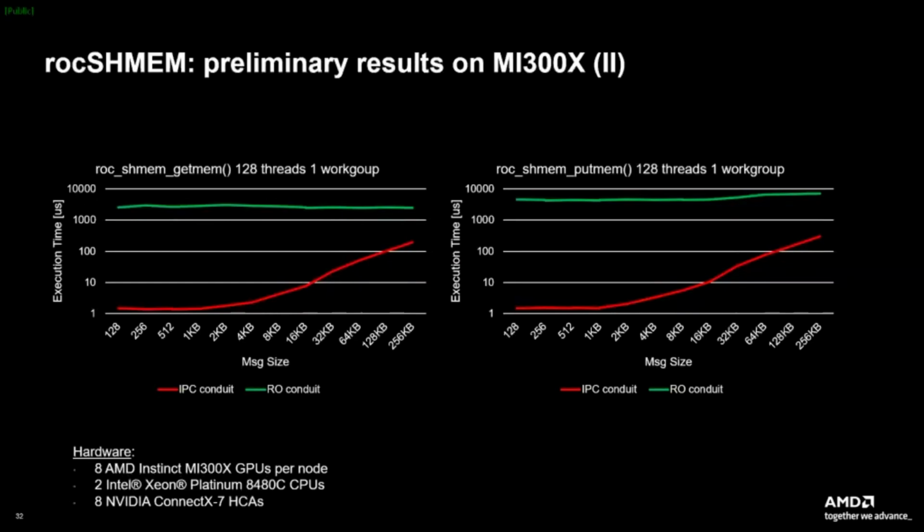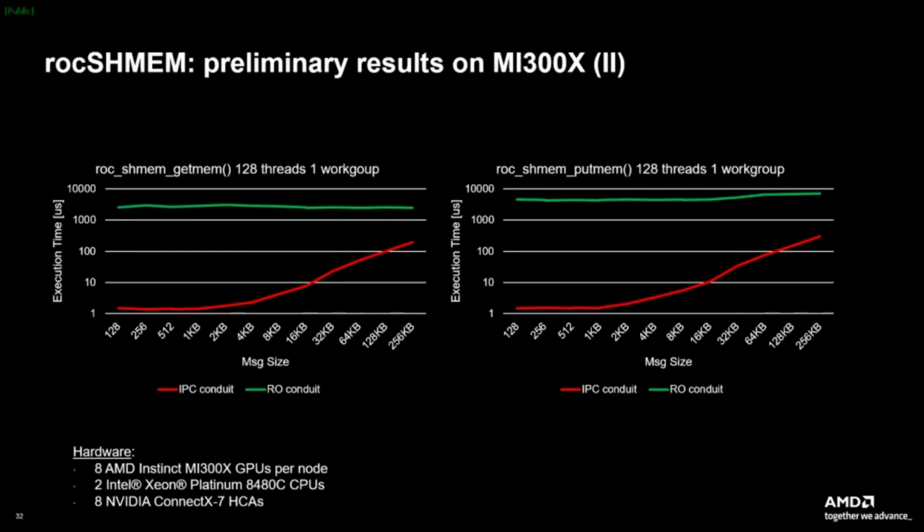The costs for the RO conduit go quite a bit up because using the standard ROCmem getmem API, what this really translates to is having 128 individual UCP put or individual UCP get operations, right? So they are not coalesced on the MPI layer, they are just coalesced by the hardware for the individual